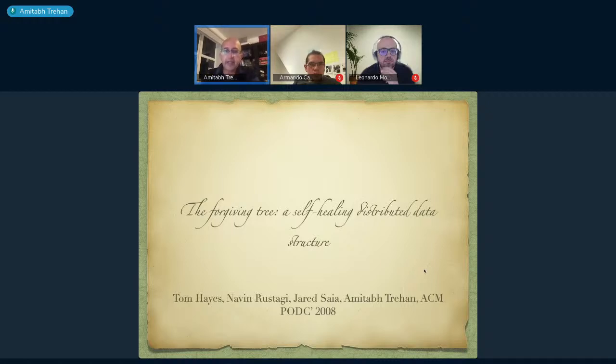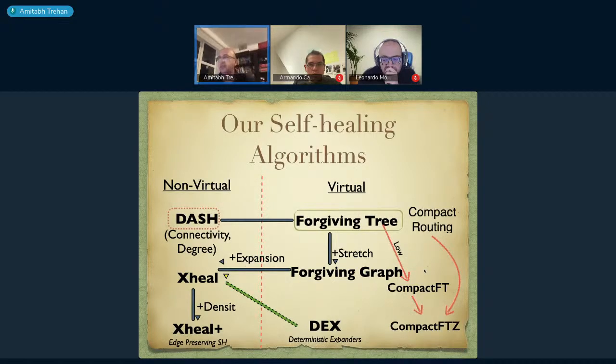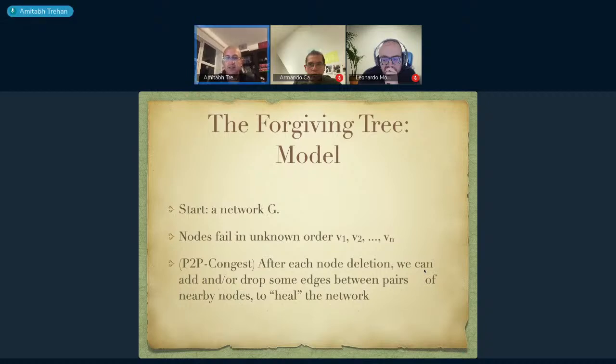So the forgiving tree, like I said, is the PODC 2008 paper. Also, I've had my tea now. I think I'm more active. I'm awake at least. So now the forgiving tree model, like I said, it's basically nodes are going to be